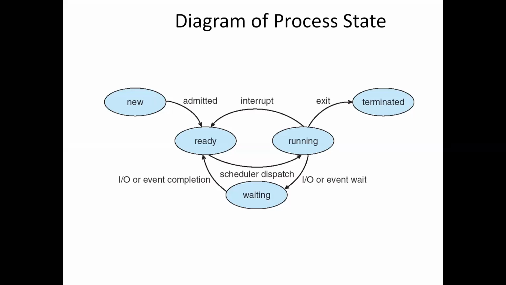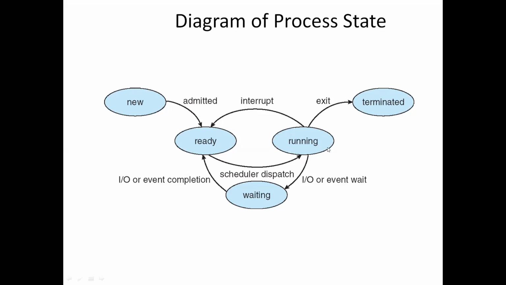When the process is created, it will be in the new state. After that, it will be shifted to the ready state. That means at that time the process will be loaded into memory and waiting for the CPU to get executed. The process is waiting to be assigned to a processor. That is the ready state. Understood, right? Next we have the running state. In the running state, instructions are being executed. The process execution state is nothing but the running state. Here the process will be executed.